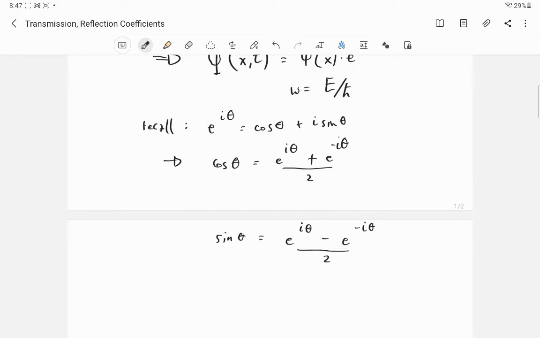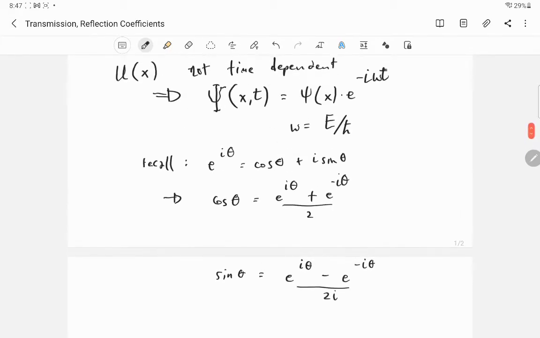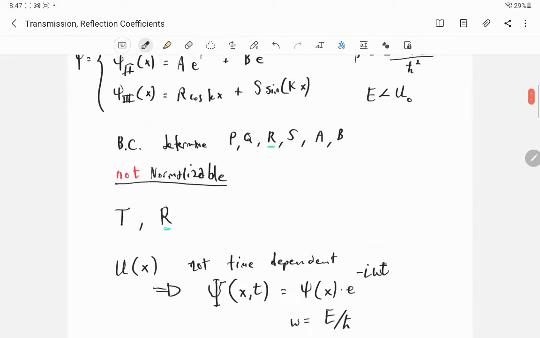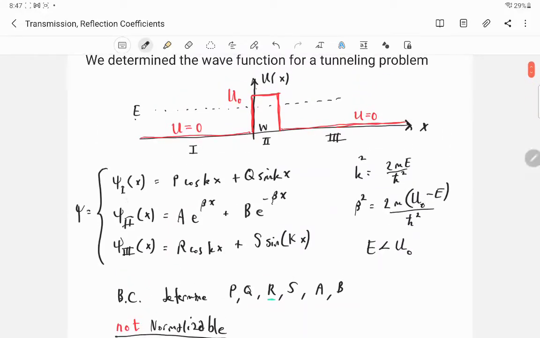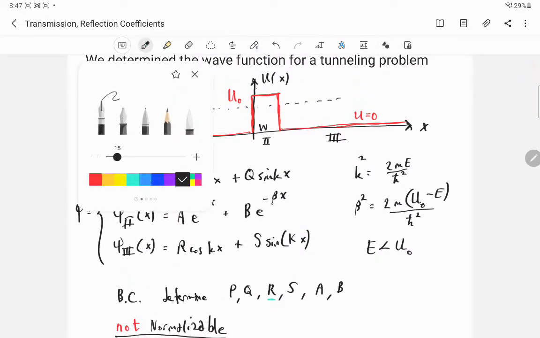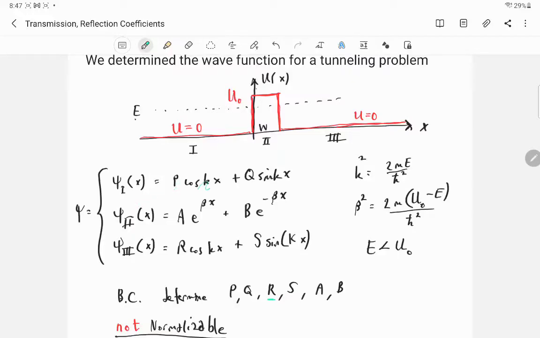Sorry, actually, I realized I had to pause and go check, but it's actually divided by twice I. You can get this if you just use this equation, and you can get these two things. But long story short, instead of writing psi 1 and psi 3 in terms of cosine and sine,